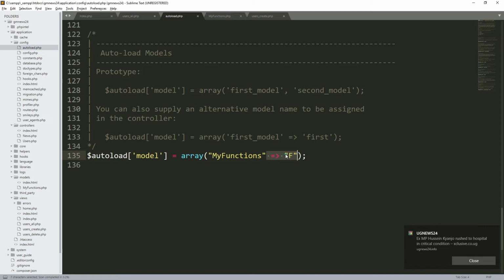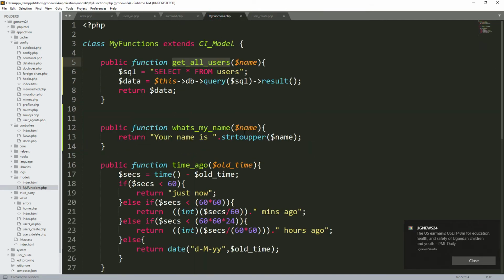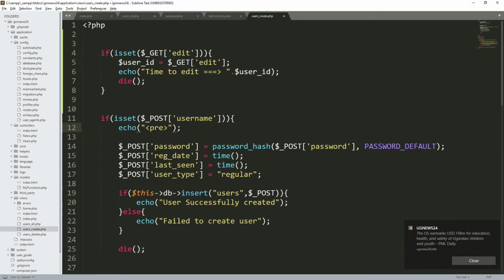But if you want to make them short, your model, you can give it a short name. So if I want to access anything in my function model, I'll just reference it using this F. It can be G, it can even be a name, something simple for you to access. You can rename this here like this. So instead of getting users here like that, what I'm going to do, I'm just going to say,